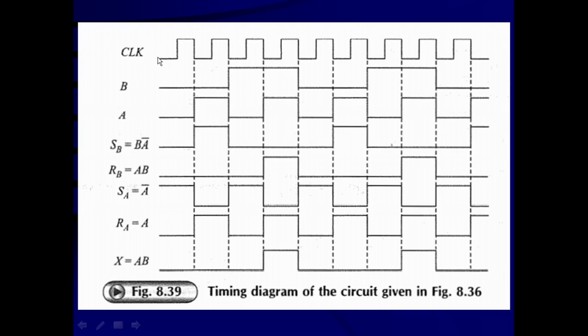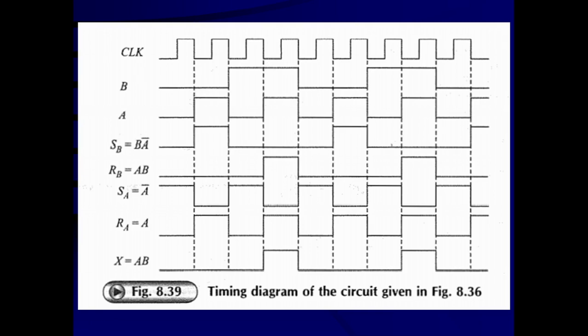So the first one is the clock waveforms. The perfectly periodic clock waveforms are given here. You can see that if a transition is going to be made, it is made at the dotted lines, which occur at the negative edge of each clock pulse. So when the clock pulse makes a transition from high to low, any changes will happen. The clock frequency is taken as the reference level.